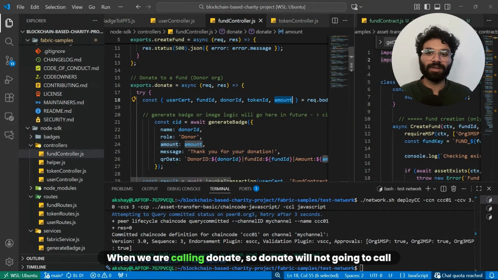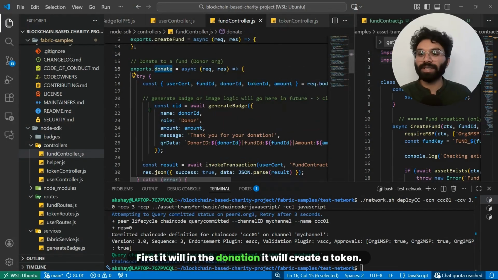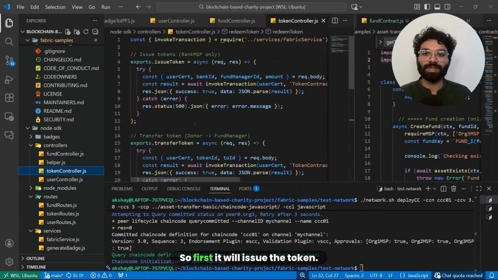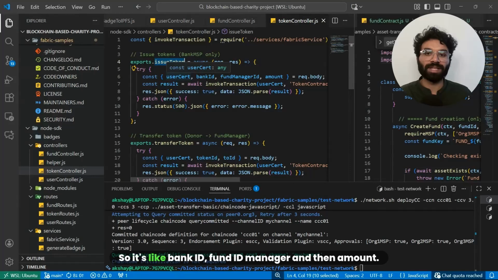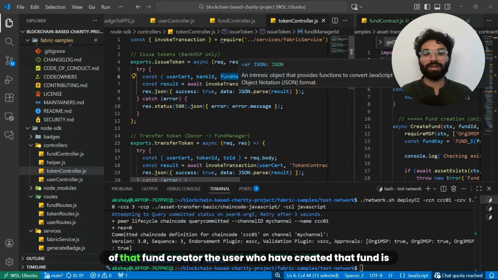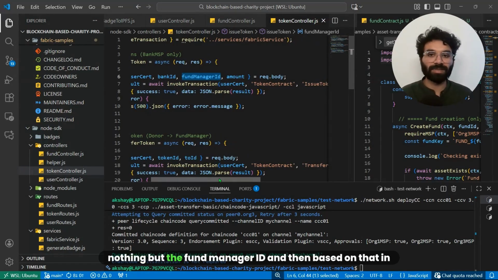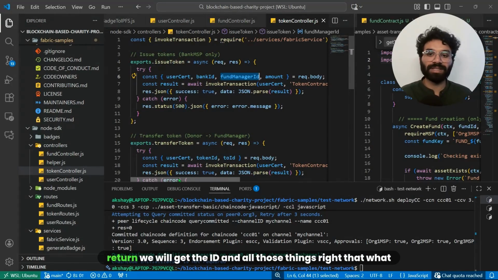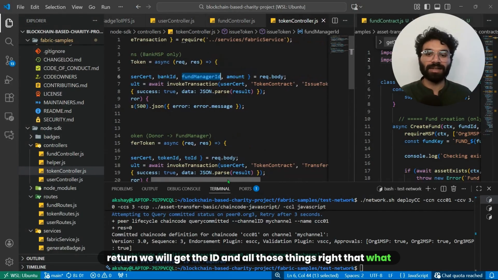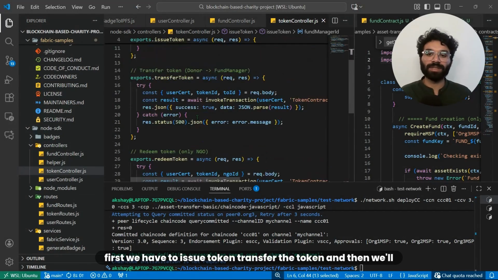When we are calling donate, donate will not be called first. First, in the donation, it will create a token. So first it will issue the token. It's like bank ID, fund manager ID, and then amount. The fund manager ID is nothing but our user ID manager, the end user of that fund. The one who created that fund is the fund manager ID. And then based on that, in return, we'll get the token ID and all those things, right? That is what we're going to pass. First we have to issue the token, transfer the token, and then we'll say,